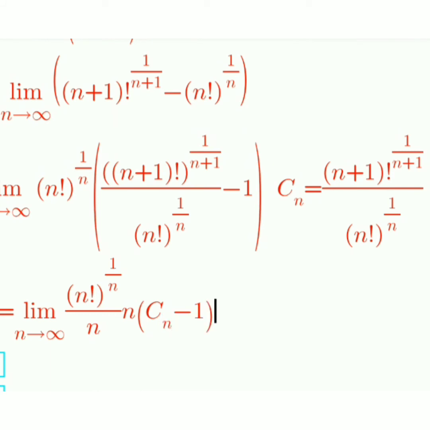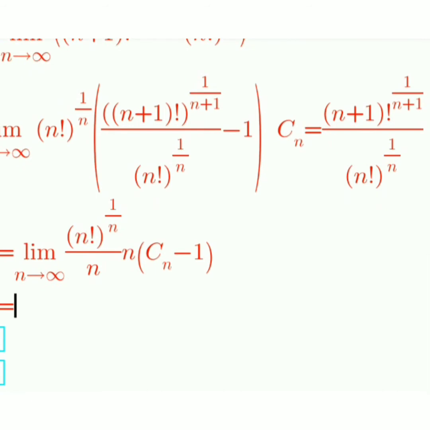This is my total value, friends. So simple. Now I will go to multiply, n tends to infinity,